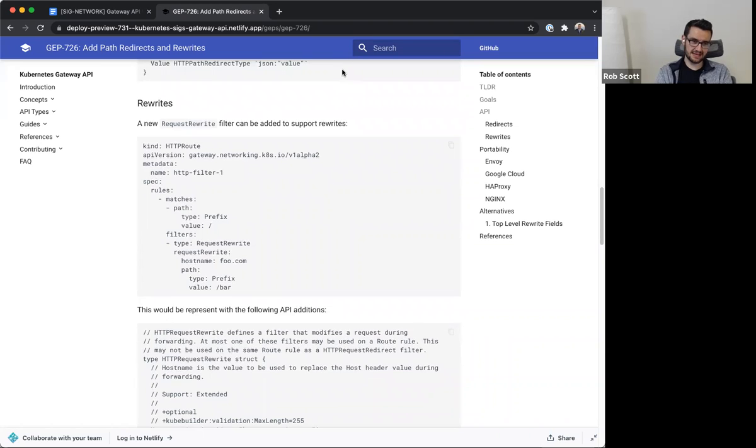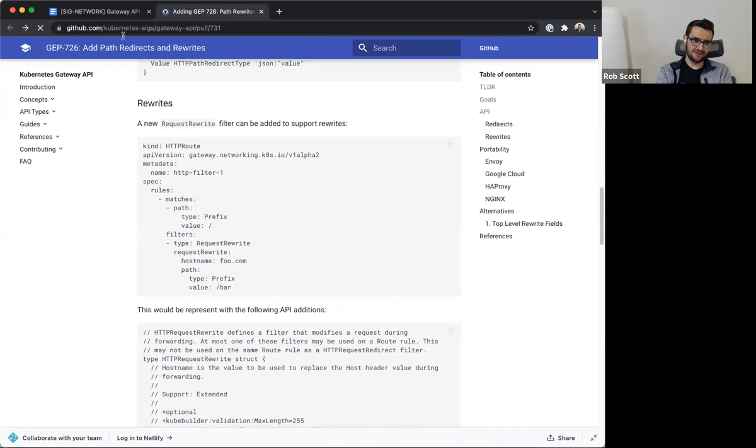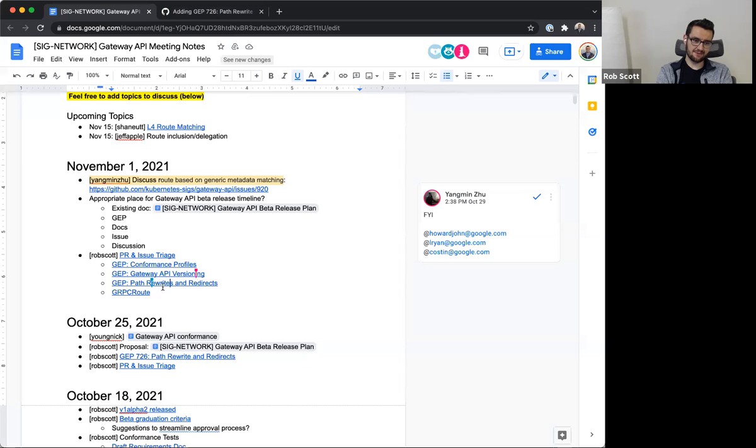I am hoping to get this into our next release, hopefully that's beta. And of course, this would also be guarded by experimental fields, so another potential use case for experimental fields. That's gap 726.